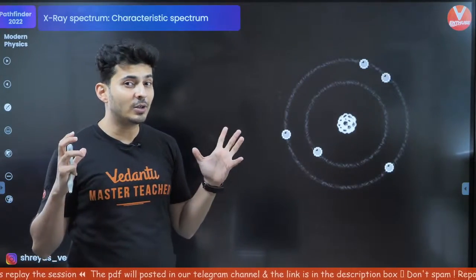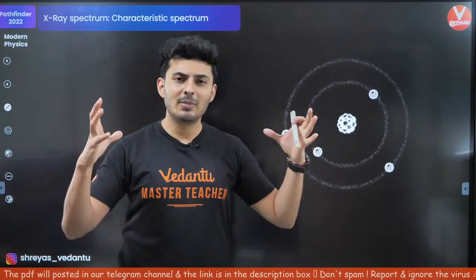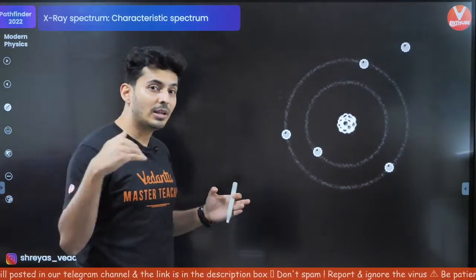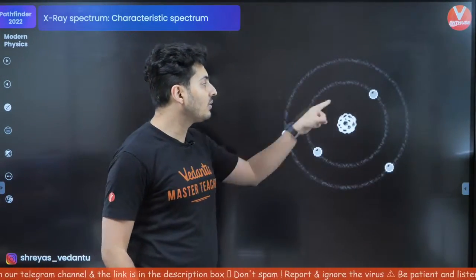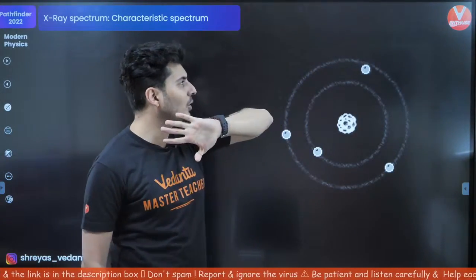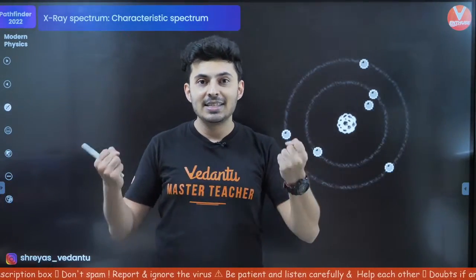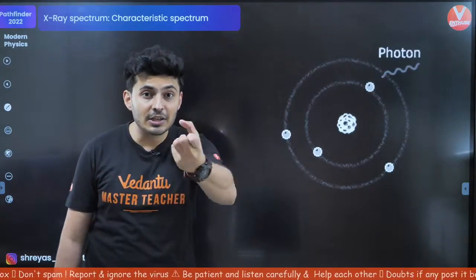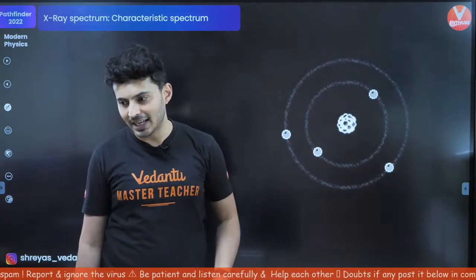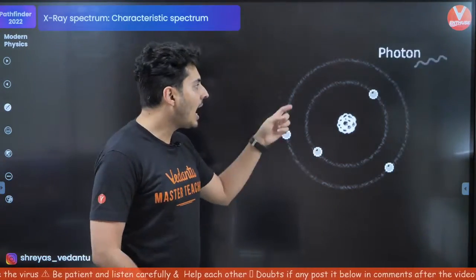But if the energy of the electron is more, and why is the electron energy more? Because you have accelerated it by a large amount. So then it can pass through all the gaps. It hits one of the electrons inside and it knocks it out. Look at that, it got knocked out. When it got knocked out, there is a void, an empty space created in the inner shell. Will the atom like it? Obviously not. The atom will not like the empty space.